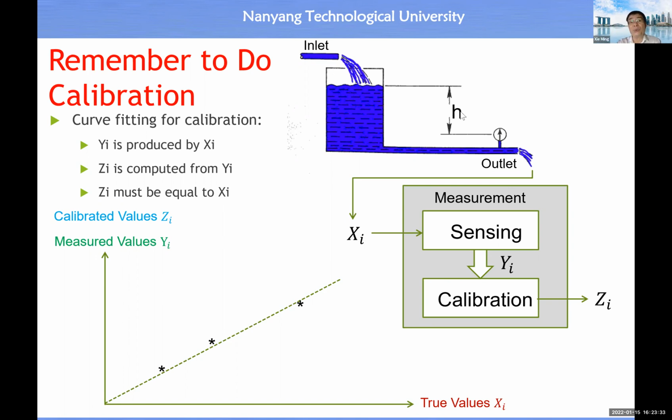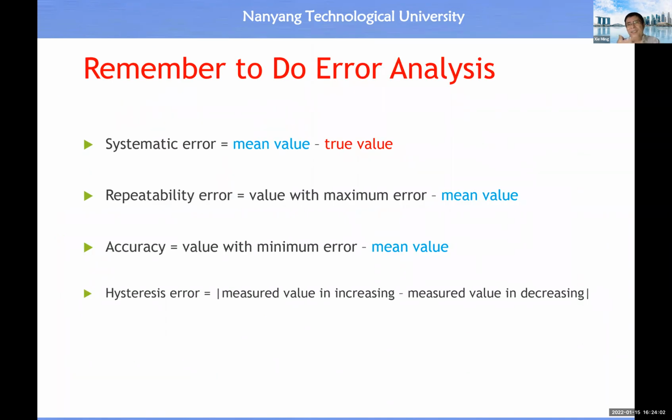Then here you may want to know, okay, how to produce a reference fluid velocity. So actually you can use this kind of setup because you know, okay, if we maintain h to be constant, then the flow rate or flow velocity at the outlet should be constant, right? So by changing the value of h, you should be able to obtain a reference value for XI. Then in this way, you use this setup to calibrate your sensor, all right? So after calibration, your sensor is ready to be used by the end user or to be purchased by a buyer.